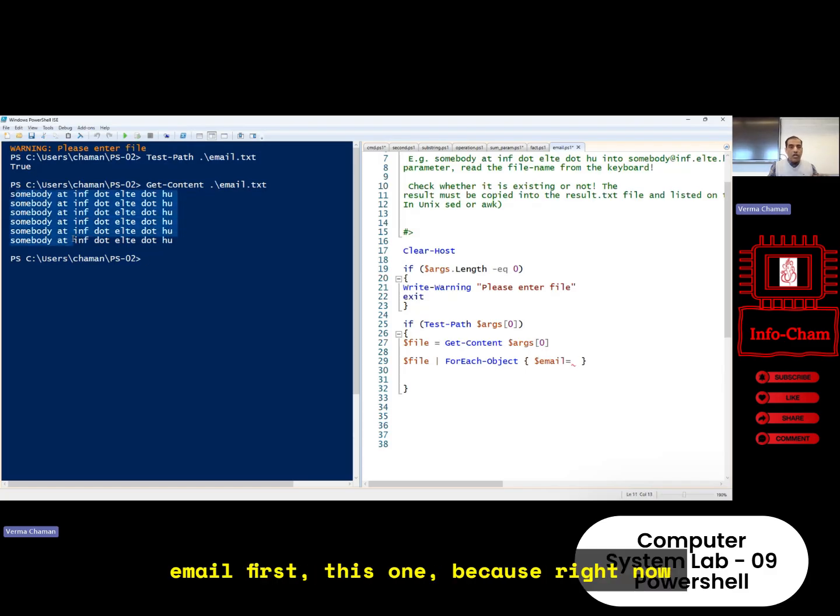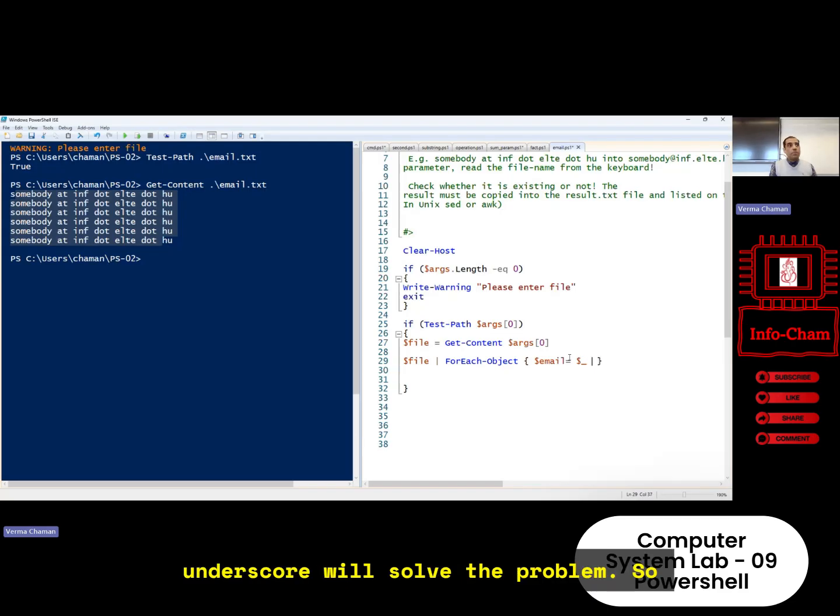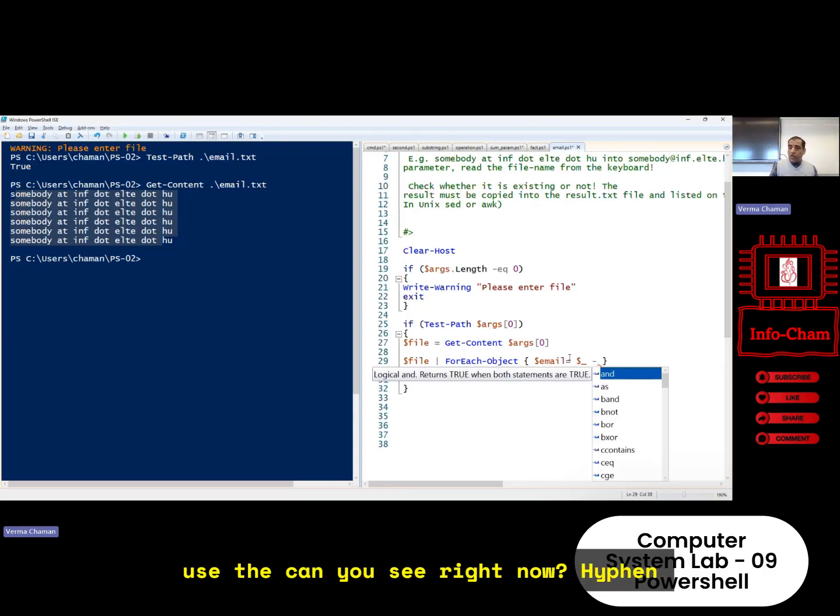First, this one, because right now in this case we have the same. In real life, it can be different. But focus on the structure. So right now, which variable do I need here? Dollar underscore, very good. Dollar underscore accesses each element. Dollar underscore will solve the problem. So after dollar underscore, what can you use here? There is something very important, maybe we didn't use it in the beginning, which can solve this problem very quickly. That is the operator. Can you see right now, hyphen